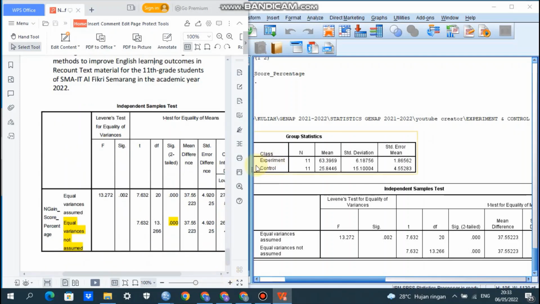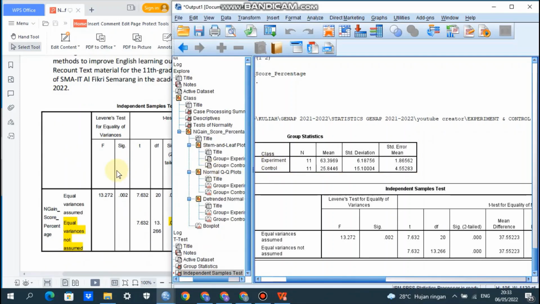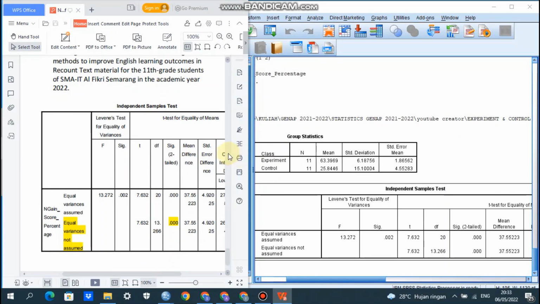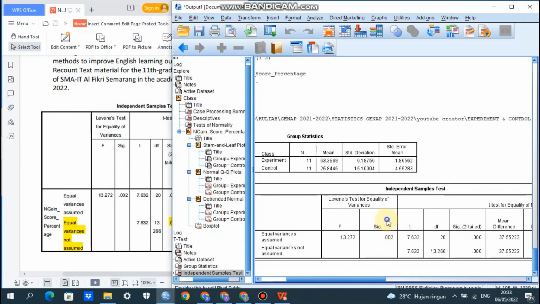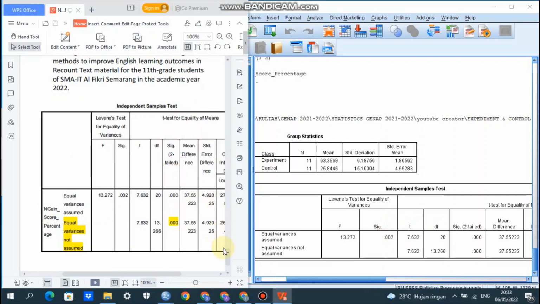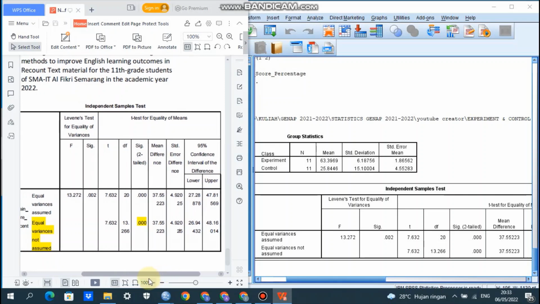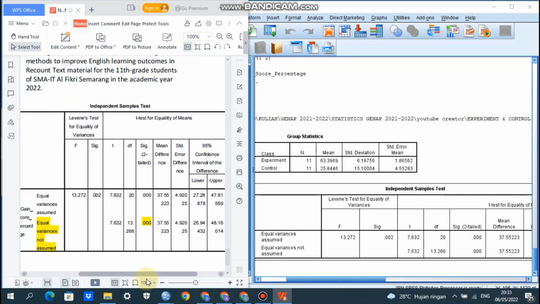Okay, so here, I have already copied it. I just copy it and then paste it in an MS Word document or PDF file. So we can have a look at this one.